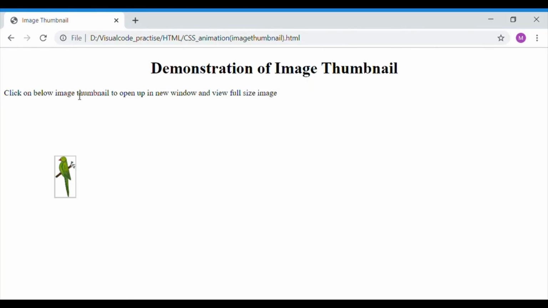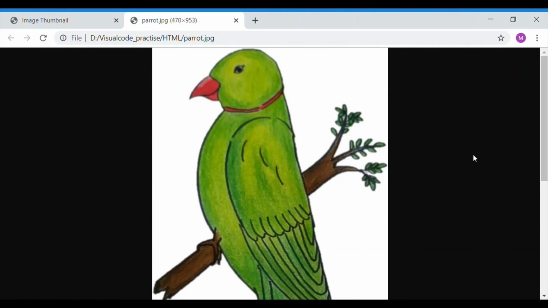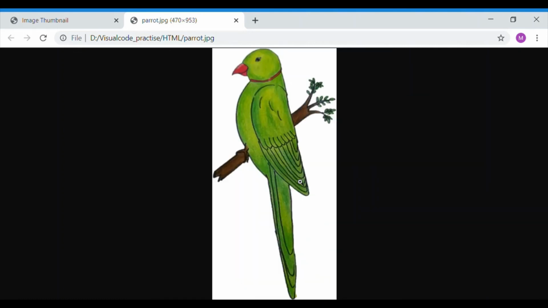We have the header 1, we have the paragraph, click on below image thumbnail to open up a new window and view full size image. The image which is enclosed within the link is displayed. When I click, it opens a new window which is having the full size of the image, to which I can zoom in and zoom out.